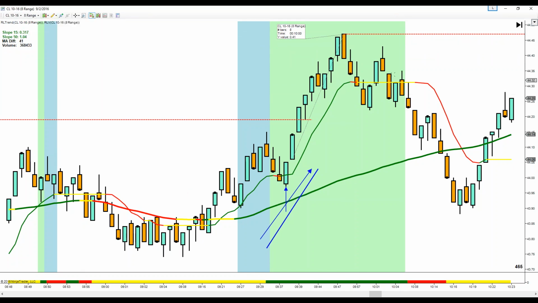And so you're going to wind up with 26. You're going to wind up with 33 cents or ticks or pips. That's $300 on futures. Depending upon the Forex pair you're trading, it's 330 or more, 330 or less. On stocks, depending on the stock and how many shares you're trading, it's a nice move.